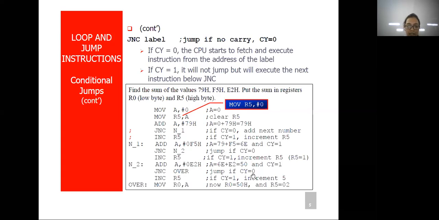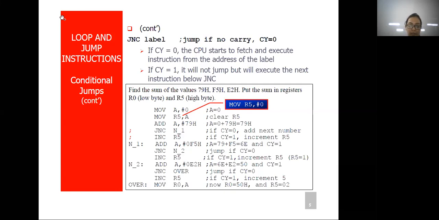But here the carry is already set in the previous addition operation, so it will ignore this jump and move towards the next instruction, which is increment R5. It will increment it again, so R5 will have data 2. So the R5 register is saving the number of carries generated by adding the three data 79H, F5H and E2H.